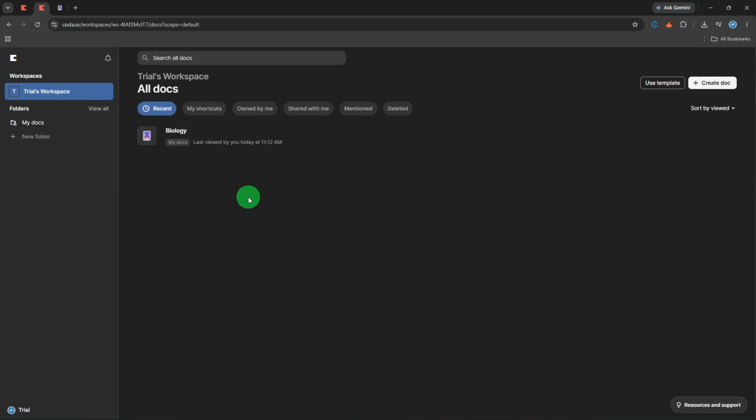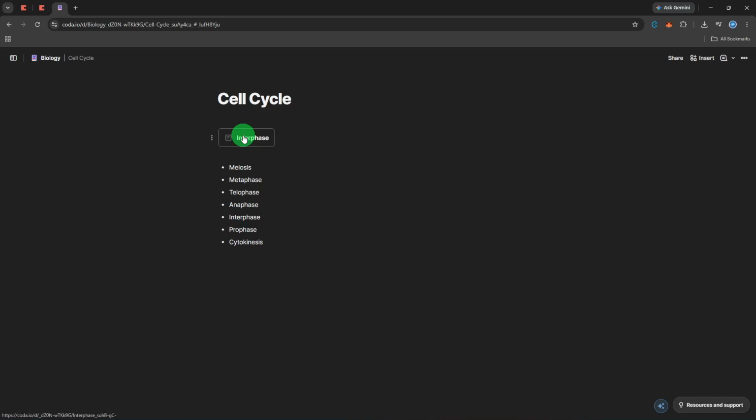Take a moment to locate the document where you want to add a table. If you need to create a new document, you can simply click the plus icon to start fresh. But for this tutorial, I'm assuming you have an existing doc ready to go. Open that document now by clicking on its name, and you'll be taken inside where all your pages and content